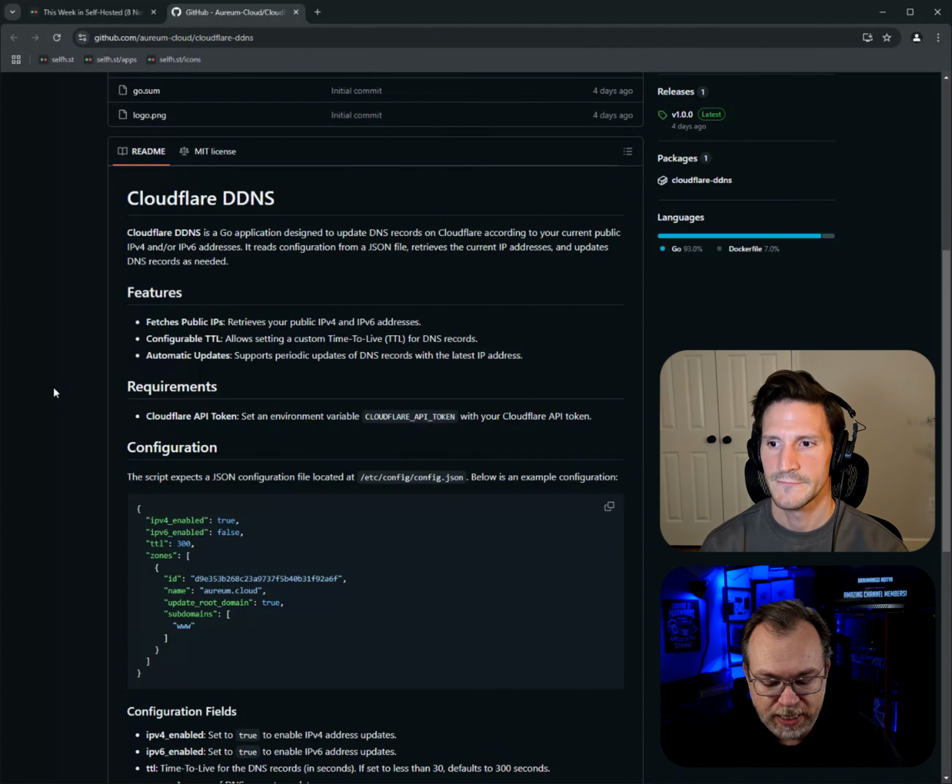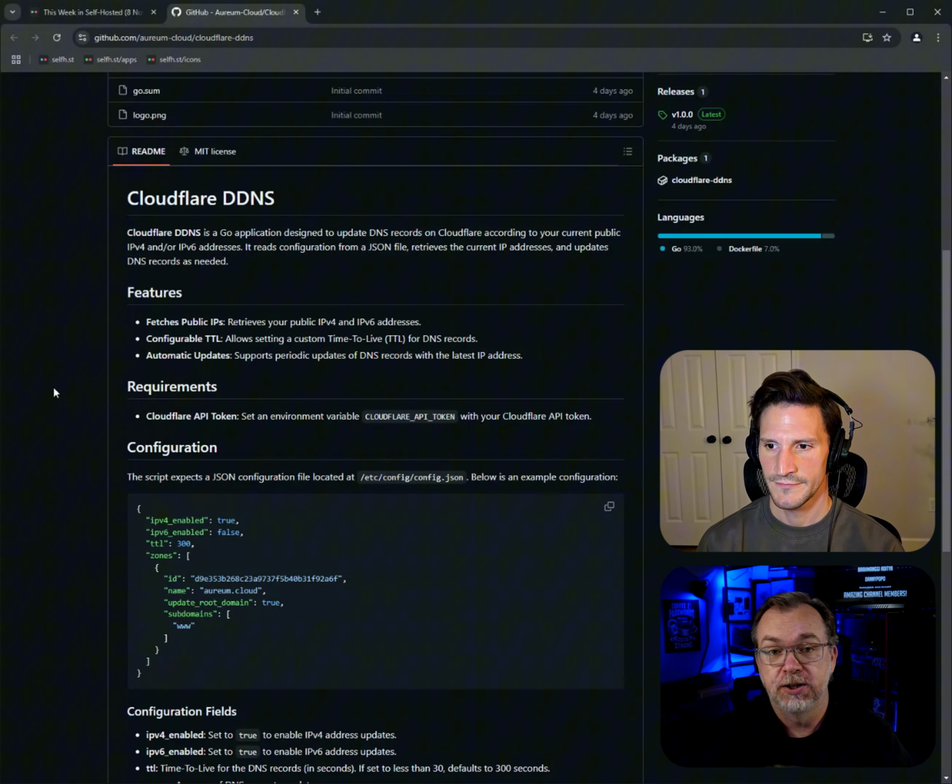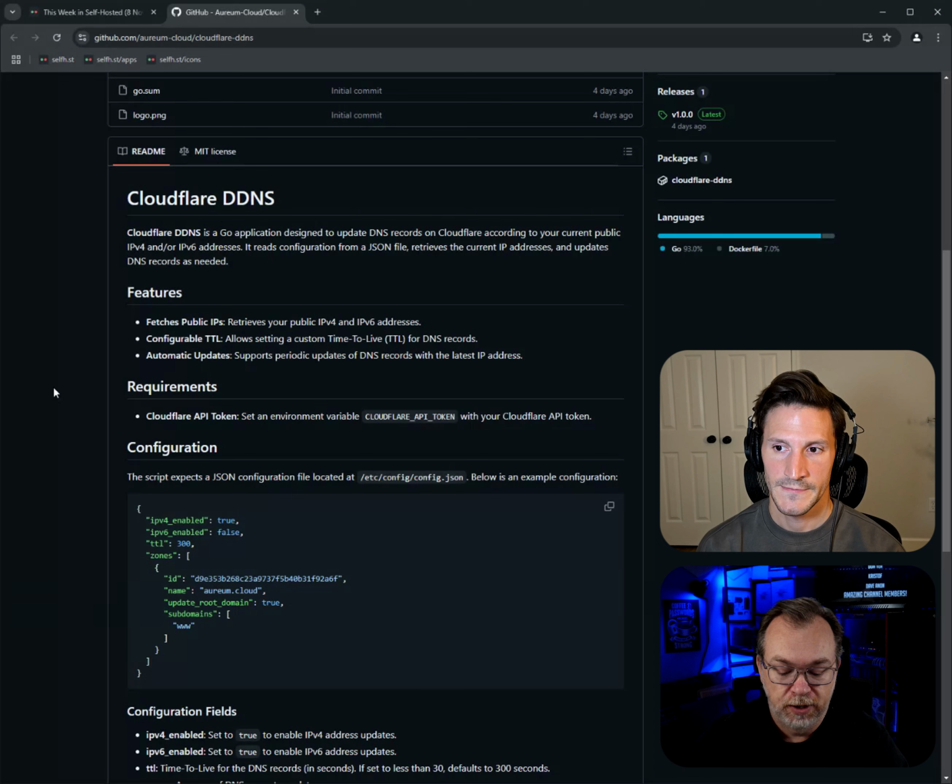So basically the idea is, let's say you're self-hosting and for whatever reason you're running your domains through Cloudflare, whether it's your DNS, for instance. You want to have Cloudflare's IP obfuscation. You want to have their DDoS protection and their web application firewall and all of that. You want to run all of that through there.